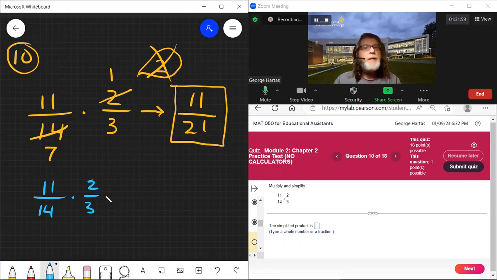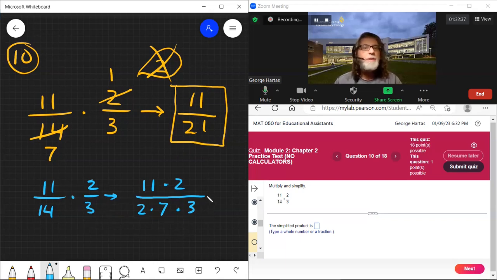So let's do that. Let's put the 11 here. Let's put the times 2 here. Now, let's go ahead and break this down into the prime numbers. So what times what is 14? Well, 2 times 7 is 14. And then we also have times 3 right here. So all we did was we put these together. We broke the 14 down into 2 times 7 and brought the 3 here and basically connected these fractions, because we can do that if you have a